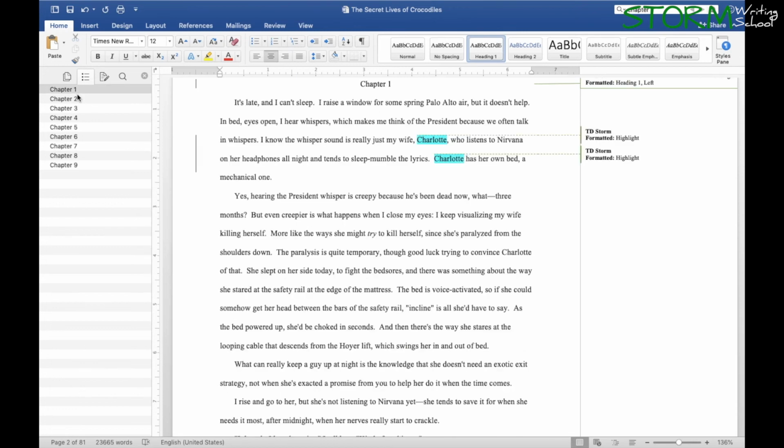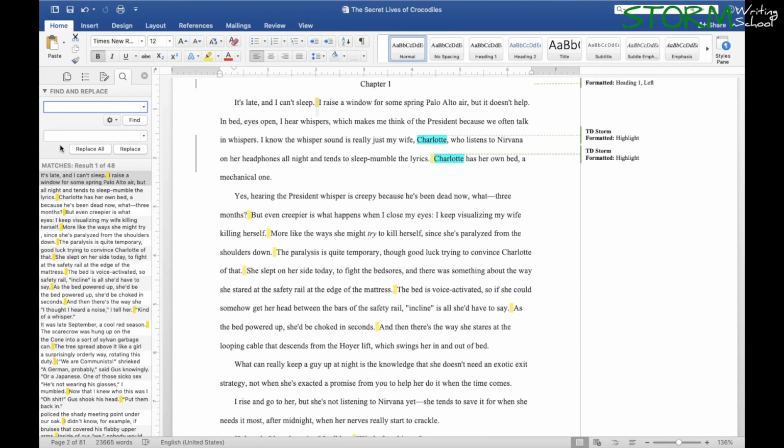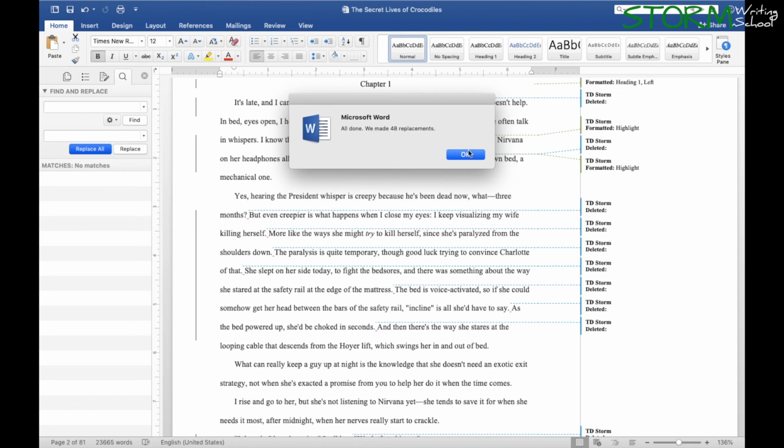The other thing you can do over here in the navigation pane is a find and replace. I use this for finding things like the word chapter, but also for doing some quick document-wide formatting edits, like the double space after period thing. You can actually put that in and see there's 48 instances of it in this document, and I want only one space. So I can just click replace all. It says we made 48 replacements.